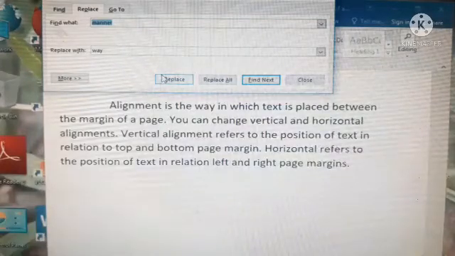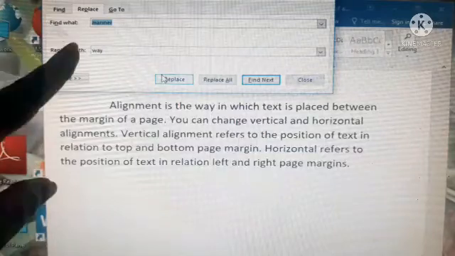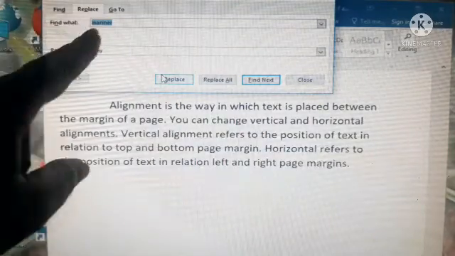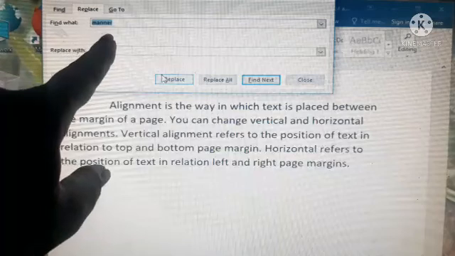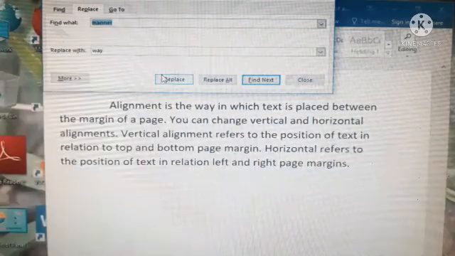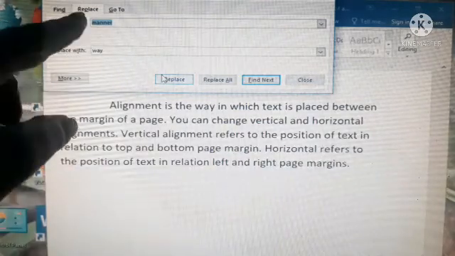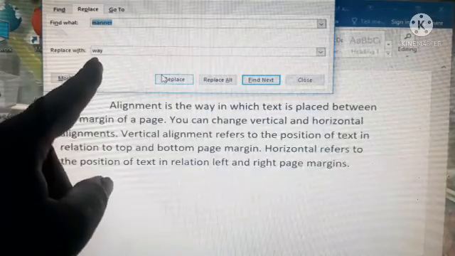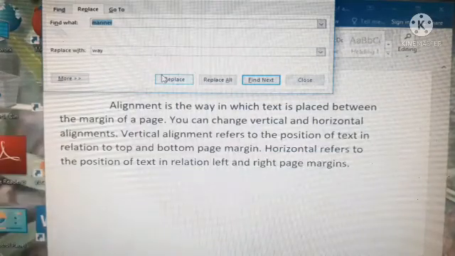There we have two options: Find what and Replace with. The word we are going to find, we type inside the text box. Then the word we are going to replace it with, we write in the Replace with box.